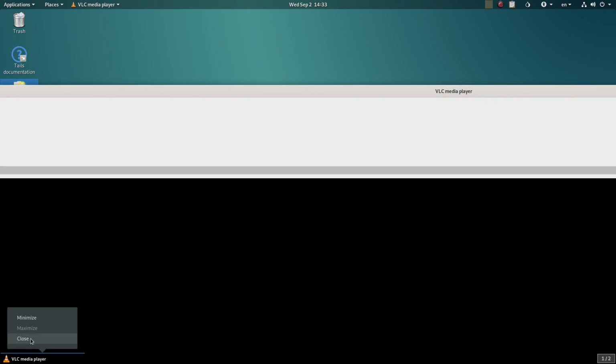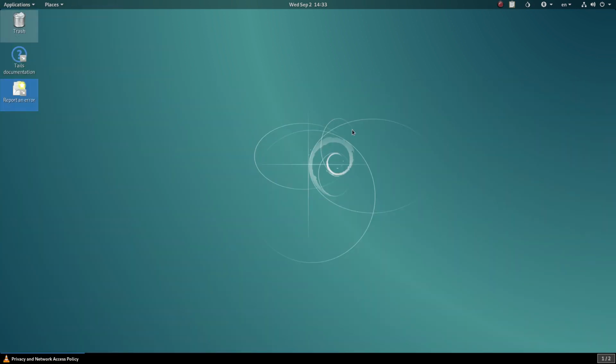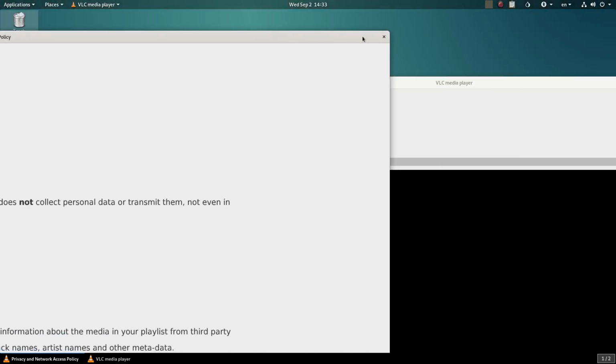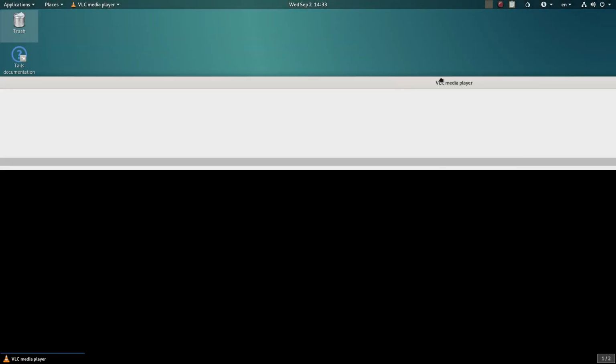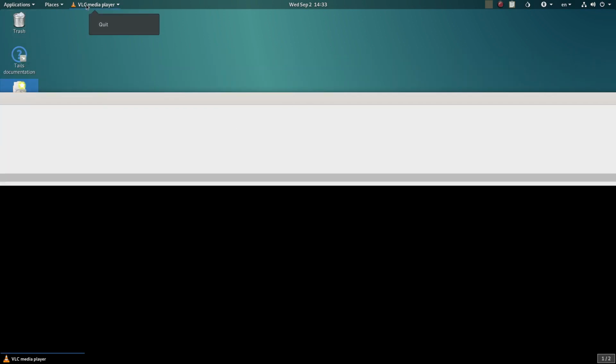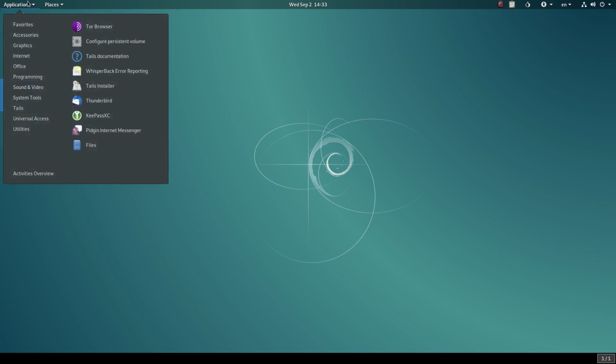All right, let's get out of that. Close it. Let's try it again. That didn't install right, did it? Okay. Well, doesn't look good. It's not scaled right. Anyway, maybe with the full install it might be different. I don't know. Or don't use VLC. Okay. Let's go back to the